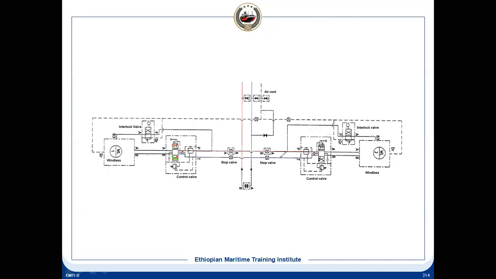This is one of the arrangements you have. But for the anchor, one thing: the speed of the motor has to be changed. Suppose when the load is high, the speed of the motor has to be reduced because you need high torque. And when the load is less, you can use the higher speed. So there is a speed control for this. So let us see how it works.